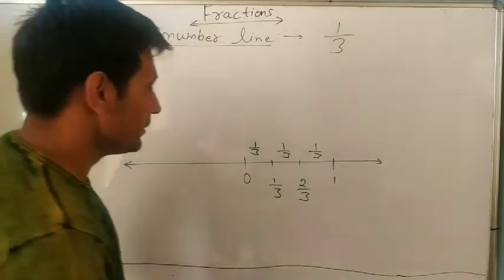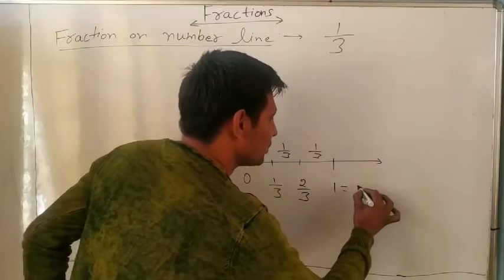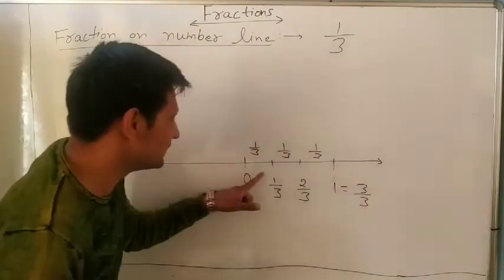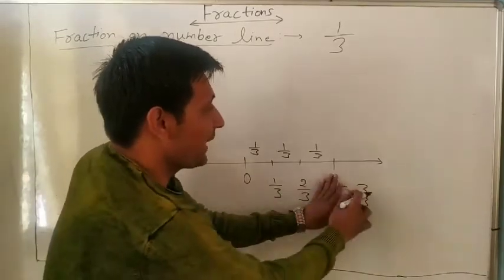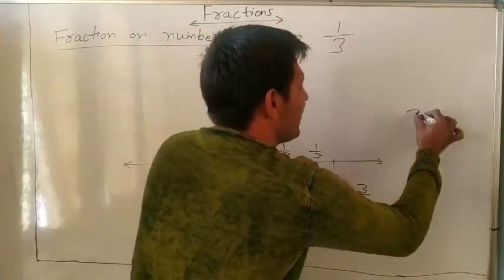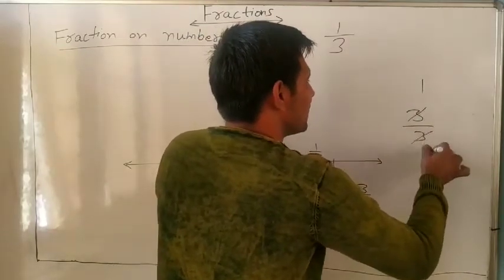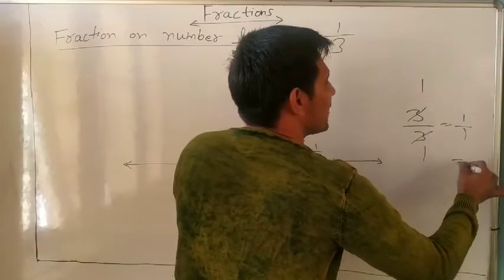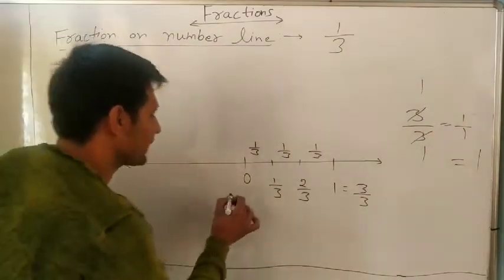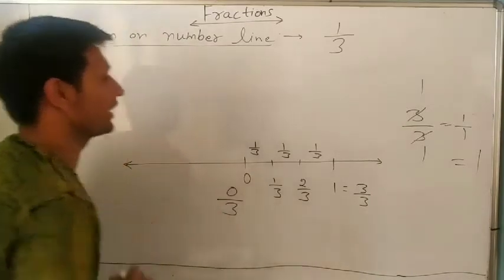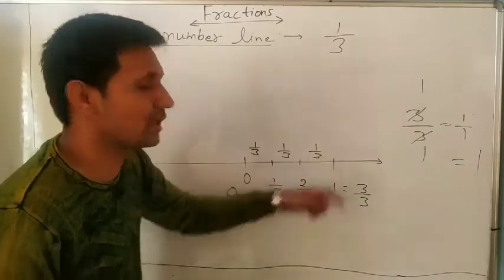Okay, and you can say that 1, everyone knows. Can you write 1 equal to 3 upon 3? It is 1 by 3, it is 2 by 3, and the next part is 3 by 3. And with 3 by 3, we can divide: 3 ones are 3, 3 ones are 3. 1 divided by 1, the answer is 1. So 1 equals 3 upon 3. And we can write 0 upon 3. So the parts are 0 by 3, 1 by 3, 2 by 3, 3 by 3.